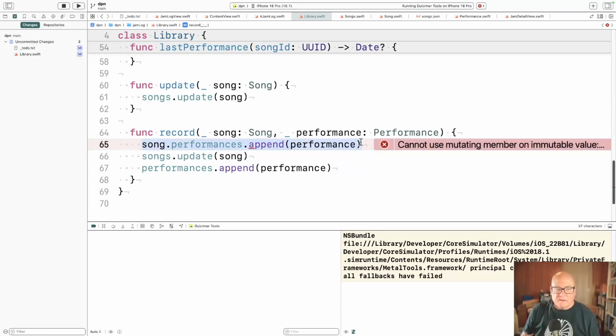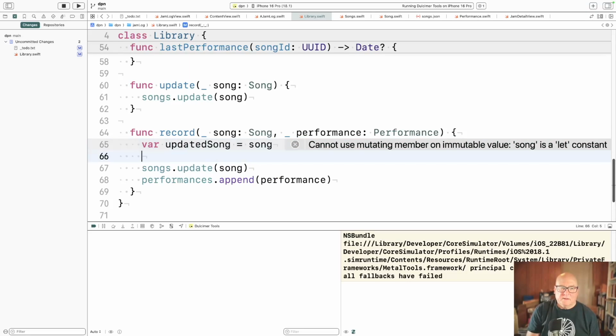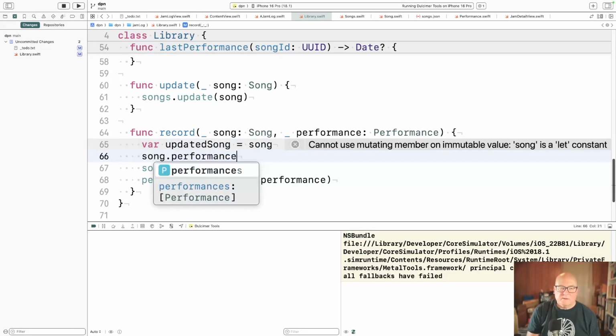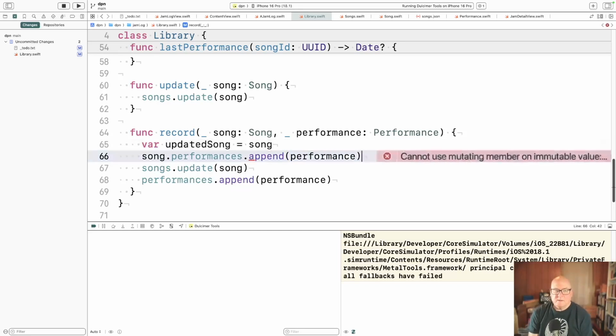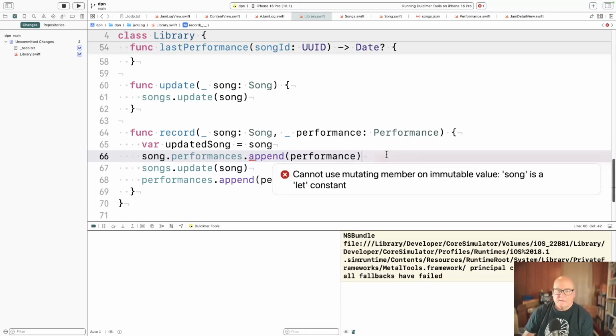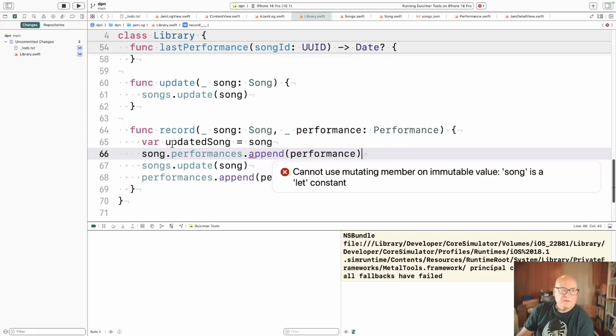All right, so if I said var updatedSong equals song and then song.performances.append(performance). Song is a let constant. Oh, updatedSong, sorry.